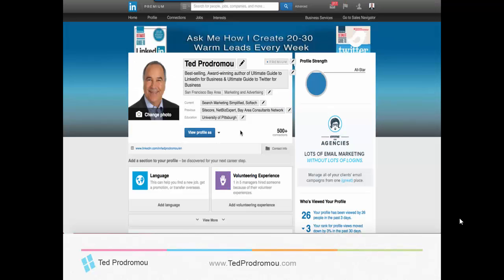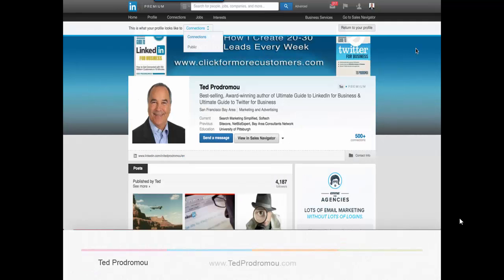And then this is what it'll look like when you're done with that editing. And a new thing they've added too, you can view your profile as what a connection would see or as what a group member would see. So they have different options now. You can see you have a personal profile and a public profile, which most people don't know either. The public profile shows up on Google searches to people that aren't on LinkedIn. And it's a great way to get information out about you and your company. So definitely I'll show you how to configure the public and the personal profile. The personal profile is only viewed by people that are on LinkedIn and logged into LinkedIn, where the public can go everywhere, which is great.